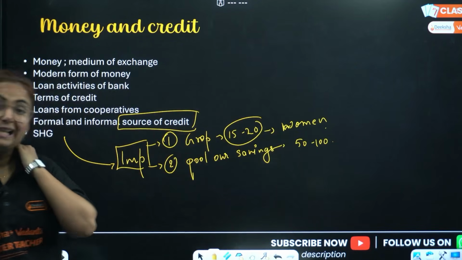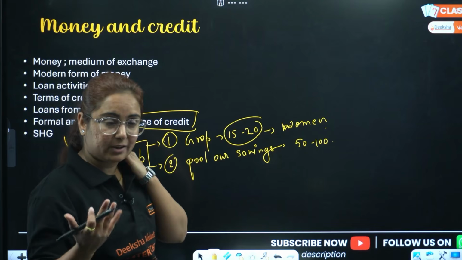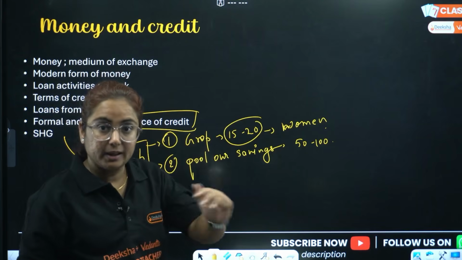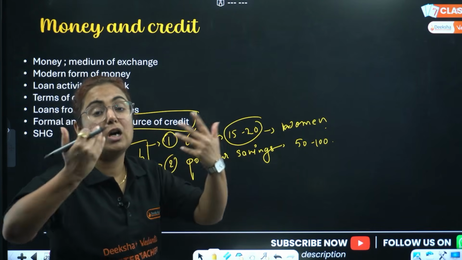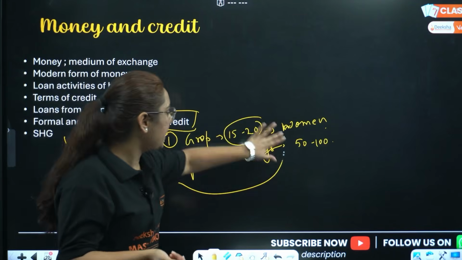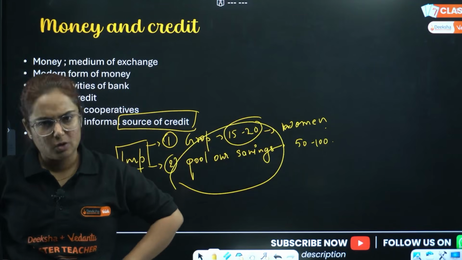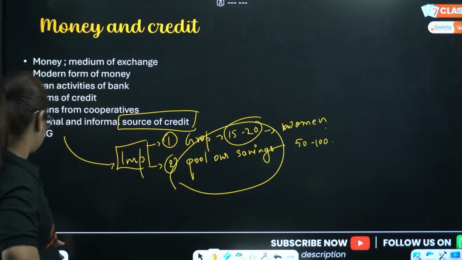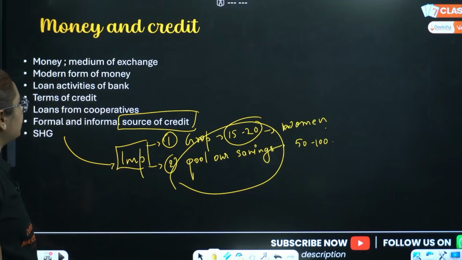And if someone needs the money to open a business, etc., we will give them. Take it, give the interest. And this is how a group can even earn. So they started pooling their savings. Okay, it resulted in a very good experiment. You can write 5 points for this.